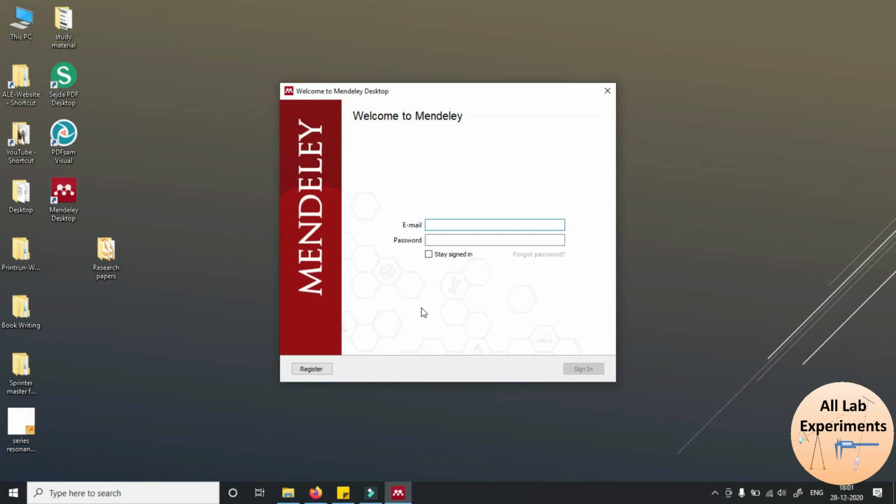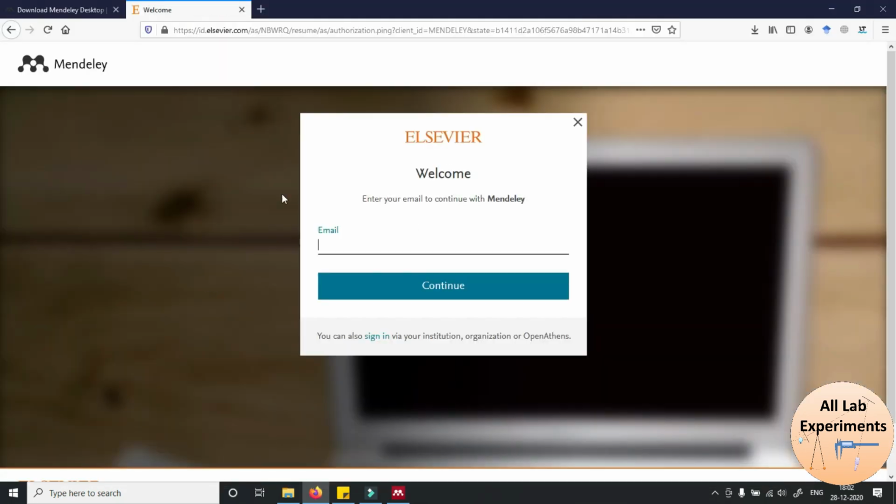Now I need to make my login ID for Mendeley. For this, click here, register. This is the page. Here it is asking me to add my email. My email is alllabexperiments@gmail.com. Then I can press continue.